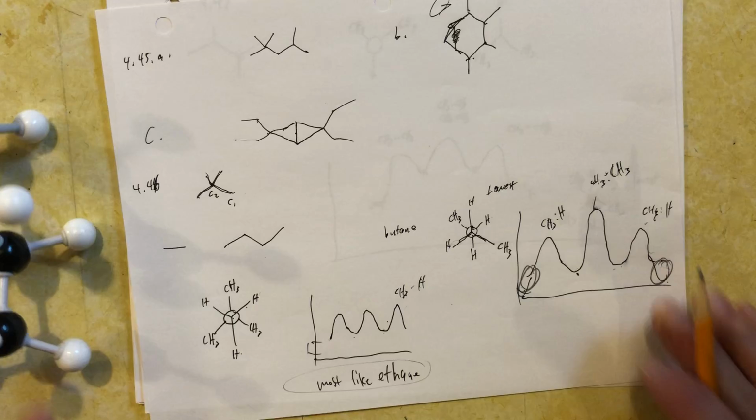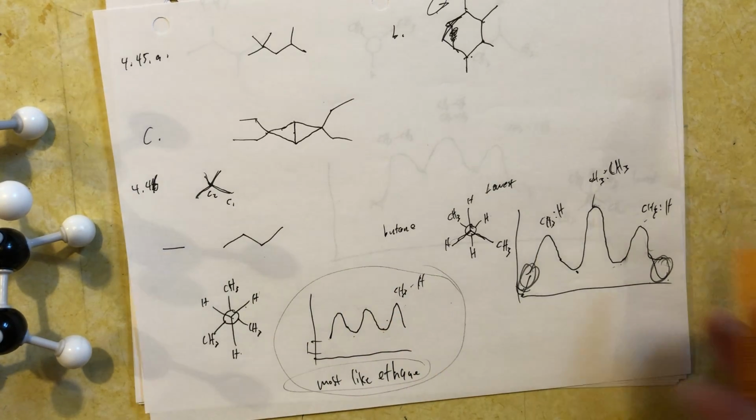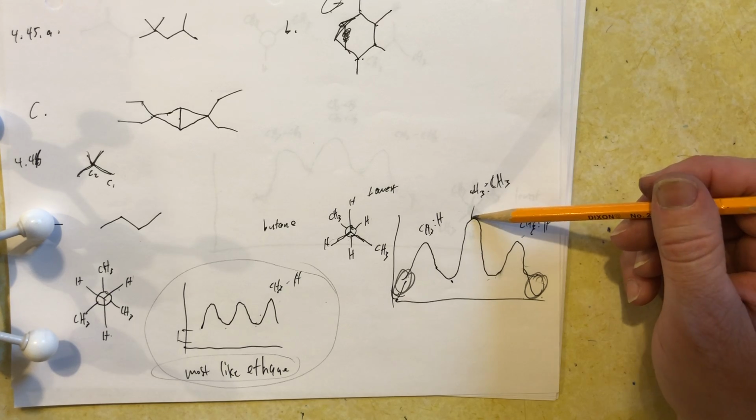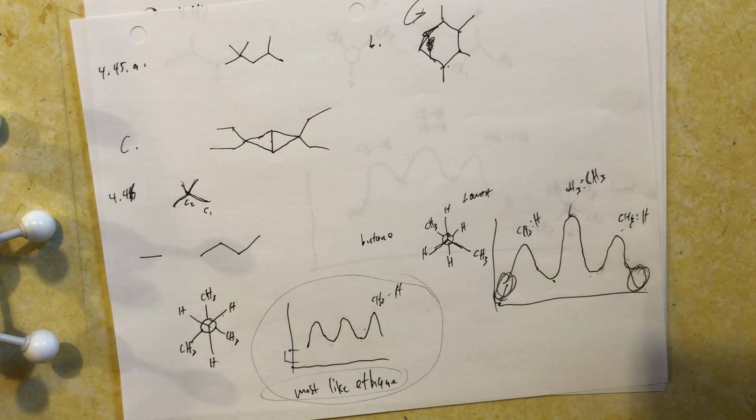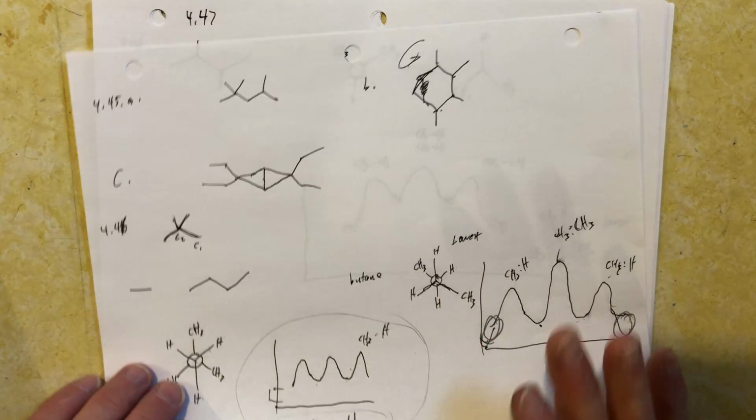So to answer the question, it looks most like ethane because there's not this disparity between the high peaks and lower peaks, and it's even all the way across. Now that's kind of a hard question, I guess. All right, let's go on to